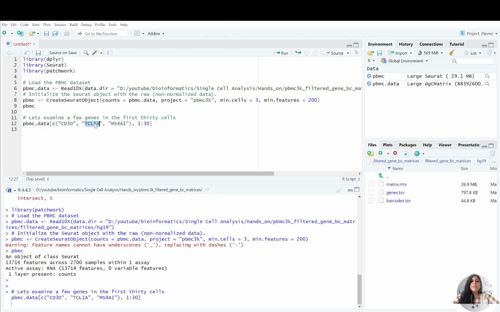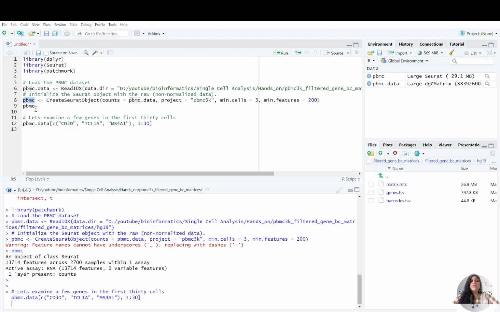Some gene names, as we know: CD3D is present, TCL1A is present, MS4A1 is present. I would like you to go and Google them and research about them, what kind of cells these are biomarkers of. I'm giving you a hint that these are the biomarkers for immune cells. Okay, and these are the peripheral